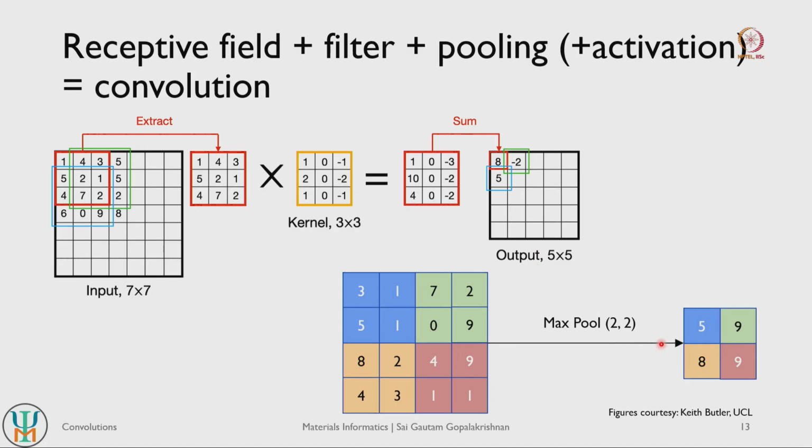And just to give a sense of how max pooling works, let us say you have a convolutional layer that looks like this. You do a simple max pooling operation with a receptive field of 2 by 2, and you see that you will take the maximum blue value here, which is 5, the maximum green value, which is 9, the red value, which is 9, and the orange value, which is 8. So this is how a simple max pooling operation works. Here we do a sum operation, so we take the element-wise sum of all the values in our matrix, right. So the combination of receptive field, filter and pooling with an activation function is usually referred to as a convolution operation.